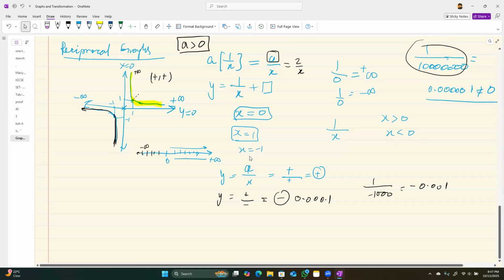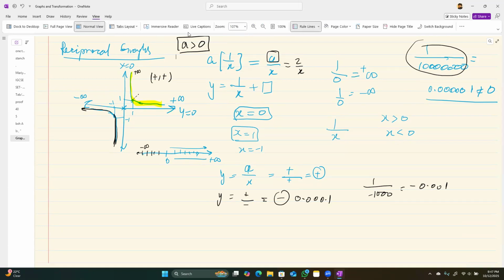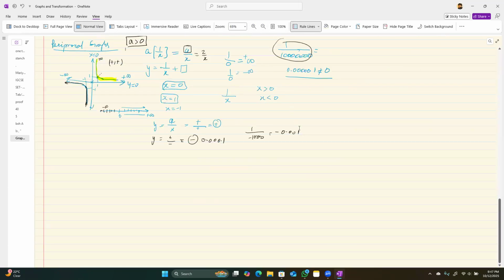Now what will happen? This is going to be interesting. Let me zoom out a little so we can still see this screen. Let's talk about the same reciprocal graph when my a is less than 0. So now my a is negative and I have an x here. What happens? It's a negative sign. So if I enter anything positive, my positive x values,